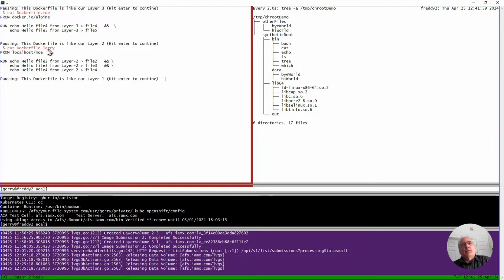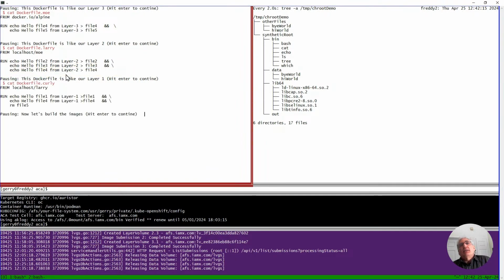Then I say I want to build a container Larry based on that container Mo that I just created up here. And I want to then, from whatever files were in Mo, create a few more files.